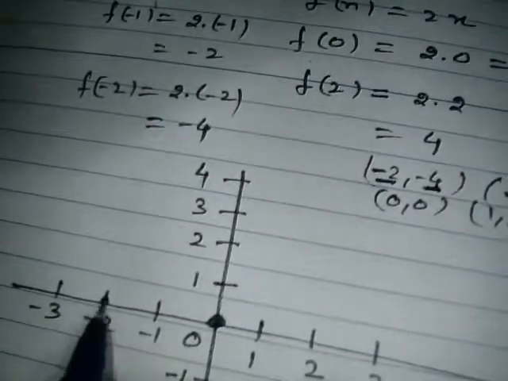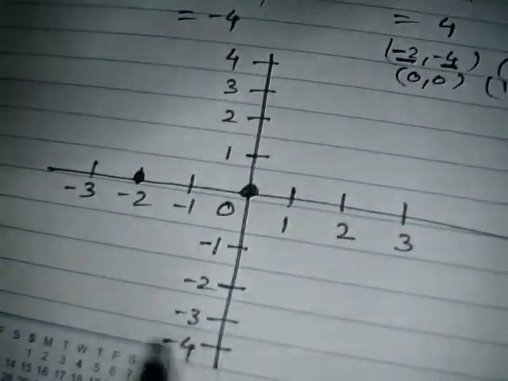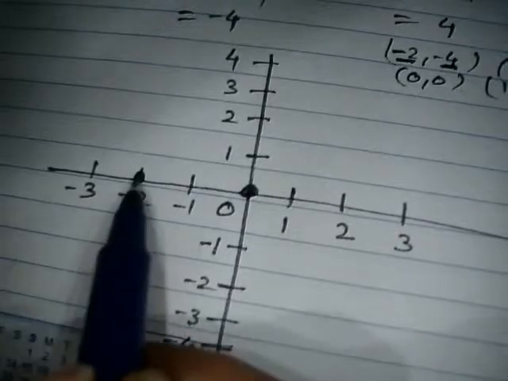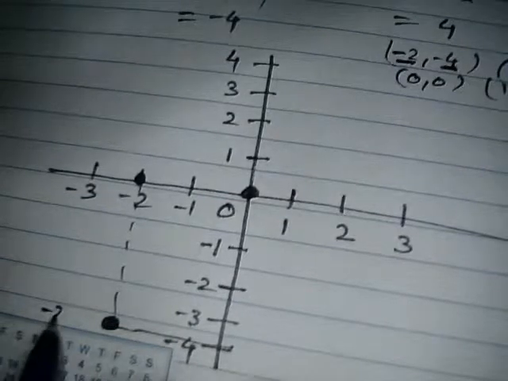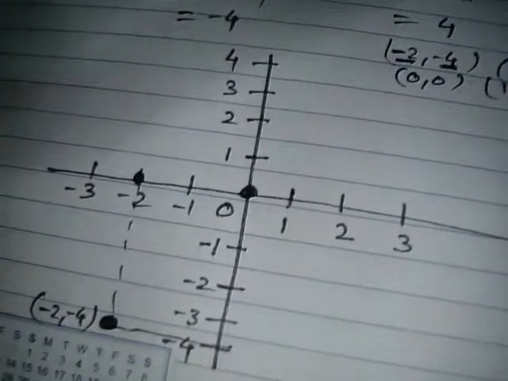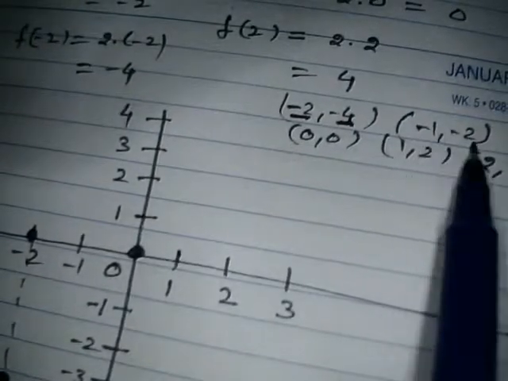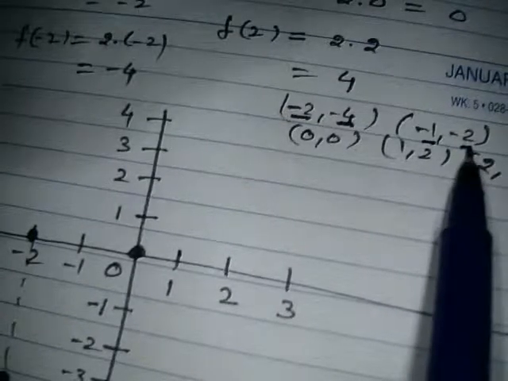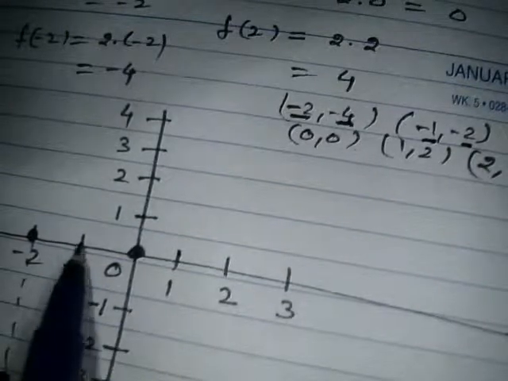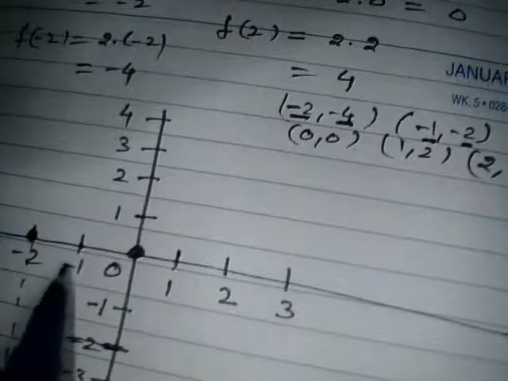So here this parallel line I need to draw. So this is going to be the point negative 2, negative 4. Now I need to plot negative 1, negative 2. First represents x and the second represents y. So I am going to mark this coordinate negative 1, and negative 2 is this on the y axis. So parallel to this I need to come, and parallel to this. Wherever it intersects, that is going to be the point negative 1, negative 2.